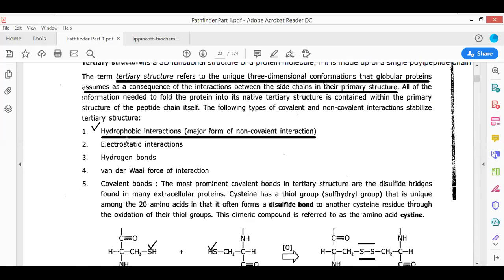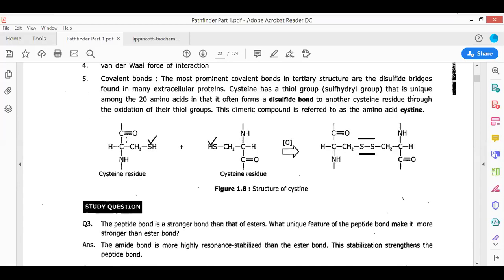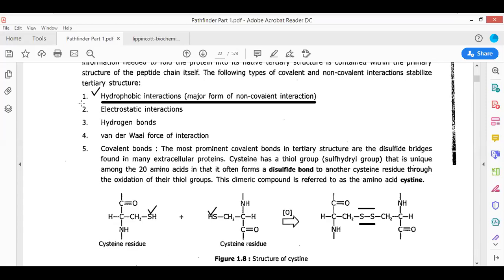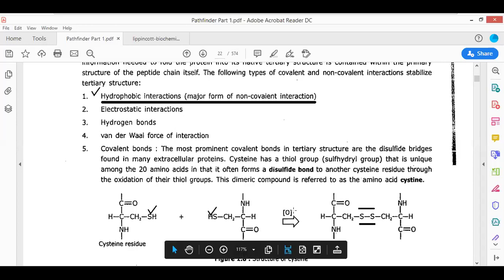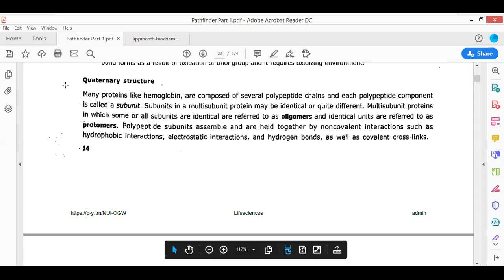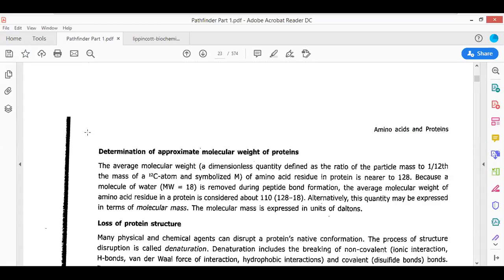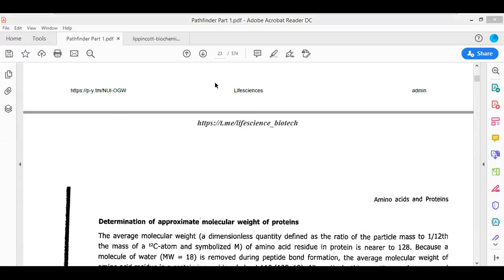Tertiary structure of the protein is the unique three-dimensional structure that a protein assumes if it is made up of a single polypeptide. The most important bond is hydrophobic interaction; if it is not given as an option in the question, then you take disulfide linkages. Lastly, the functional structure of the majority of proteins, which are made up of a large number of polypeptides, is referred to as the quaternary structure of protein. So we have finished the primary, secondary, tertiary, and quaternary structure of protein.